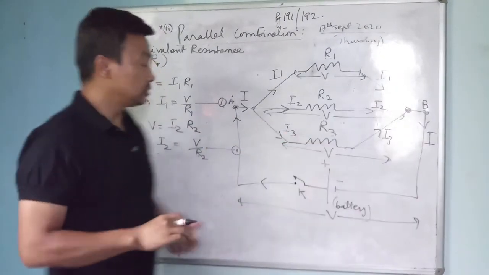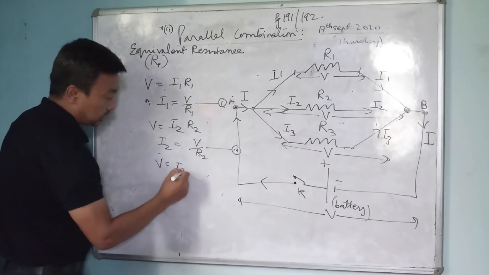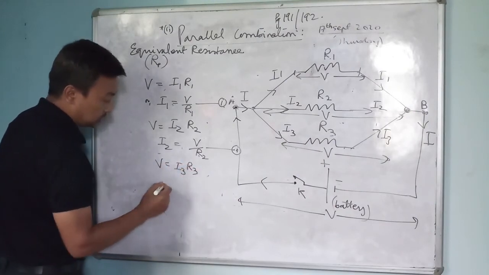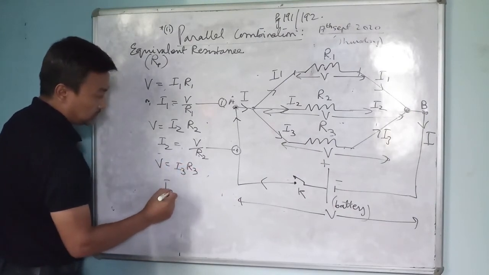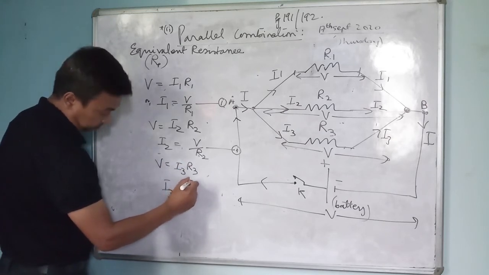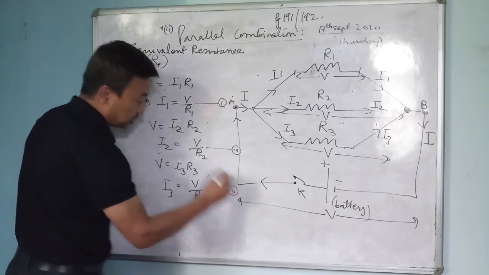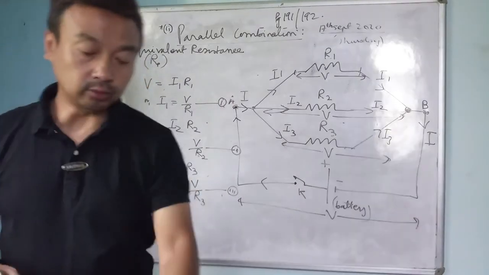And through the third resistor, using Ohm's law, the current flowing is I3 and the resistance is R3. So from here, I3 will be given as V upon R3. So this is the third equation. Okay. So now